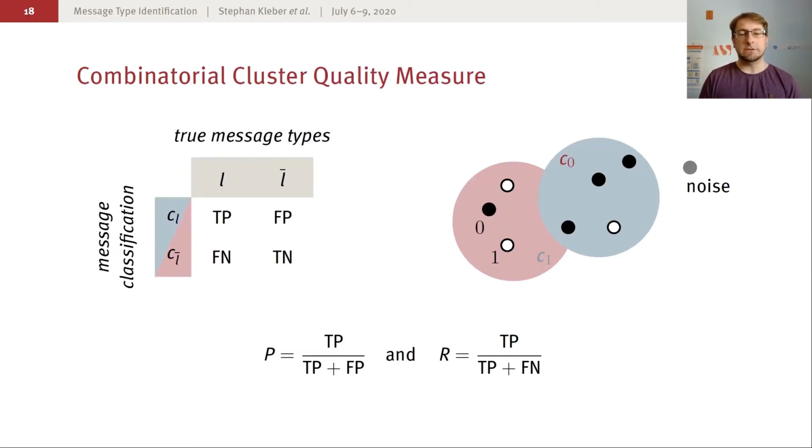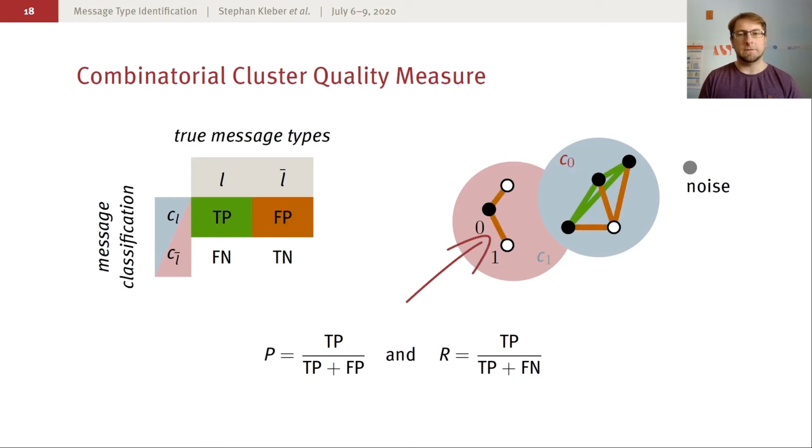Since we are not dealing with a binary classification problem, but identify arbitrarily many clusters of message types, we need to define a combinatorial cluster quality measure. Thus we define true positives as being all the pairs of messages of the same message type that have been placed within the same cluster.